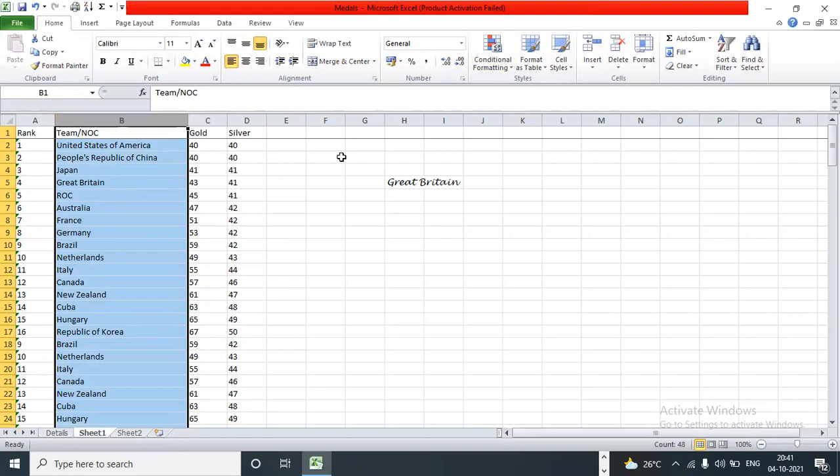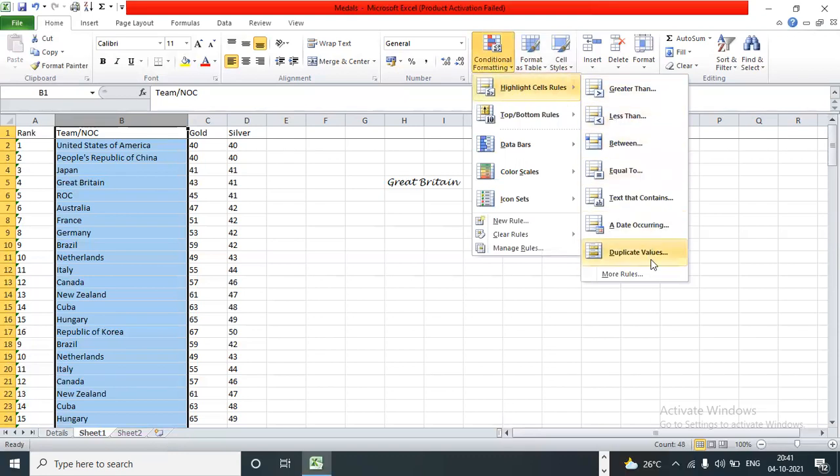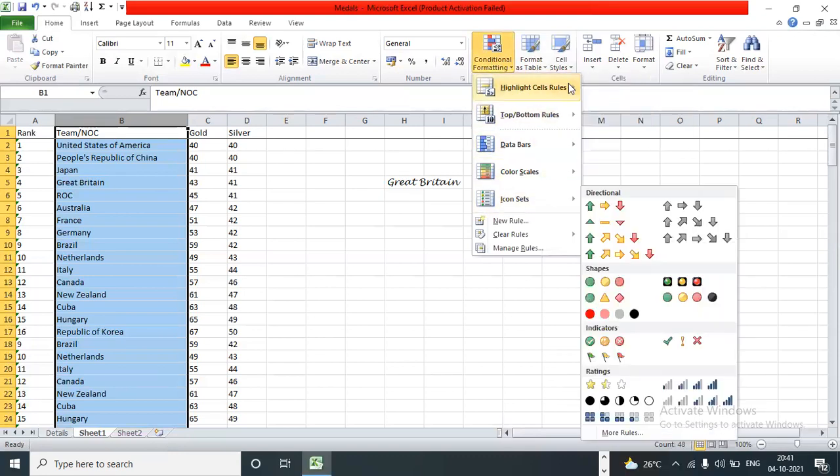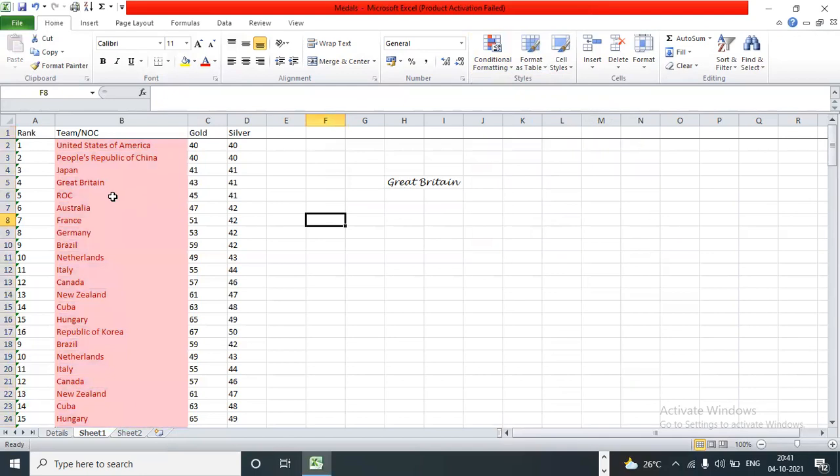Sorry, remove duplicates. Okay, I don't want to remove duplicates. I just want to identify the duplicates. I don't want to delete them. I just want to look at all the duplicates. Now, just select this column, go to conditional formatting, highlight cells which are duplicates. We'll come to each and every option, but I'm just showing you random things. Just select OK. So all are duplicates, right?